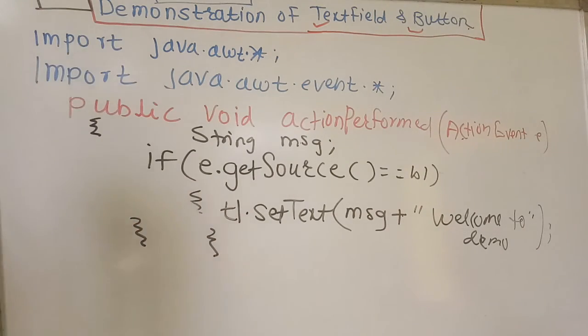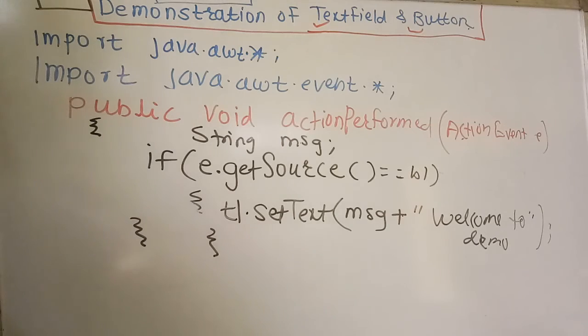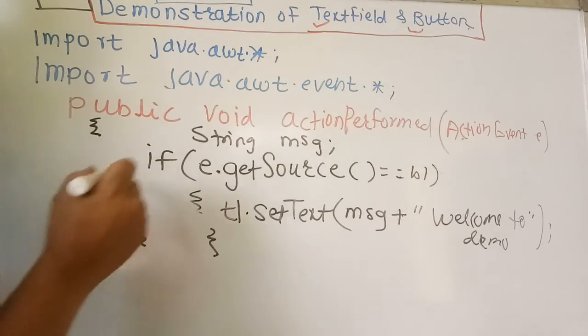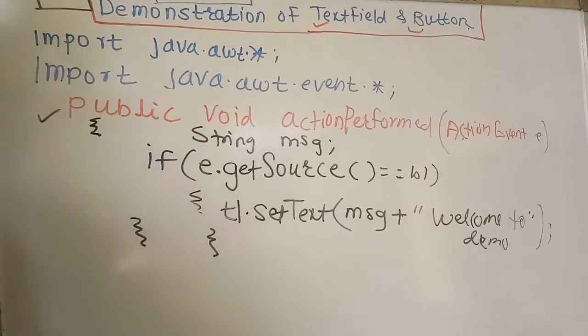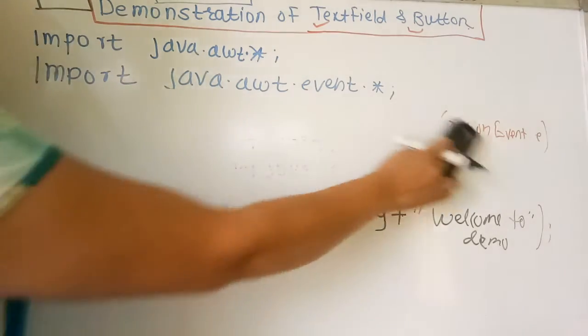The task we have performed till now is that we have completed the header files, meaning the packages. Then we created one class, then we took some classes to create their objects, then we handled that using the new mechanism, then we created one constructor, then we applied the action event and handled this event in the actionPerformed method. Now the only task left is to take a main method.